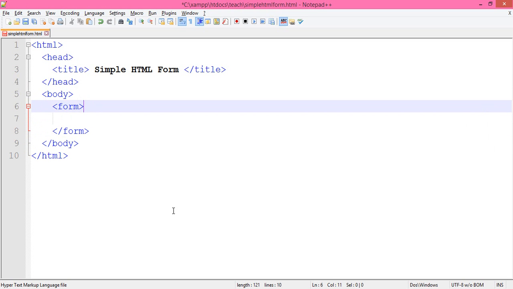Now we have to see what the attributes of form are, what it takes as attributes, and what the required attributes are. Let's start. The first attribute is the action attribute. It means when we submit the form, which page it should take the values to. Let's make it example.php at the moment. It must have some value inside it, otherwise it will